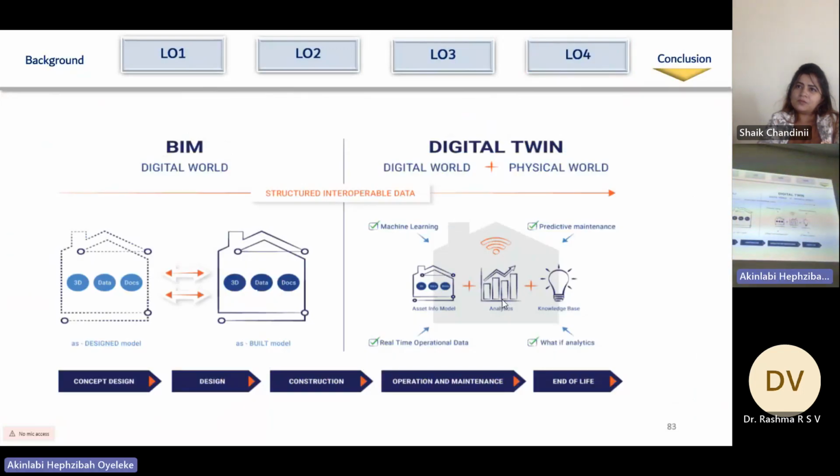Finally, conclusion. The future is yet to come in BIM. The future is about digital twin. Digital twin is much more than BIM, but it's similar to BIM because some of the features in BIM are also present in digital twin. The digital twin is giving virtual access to the built assets,